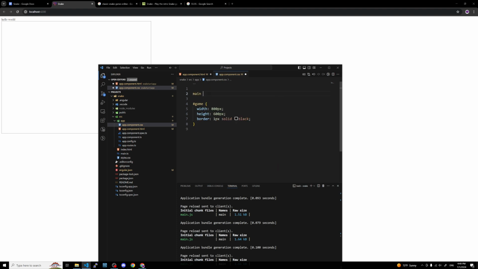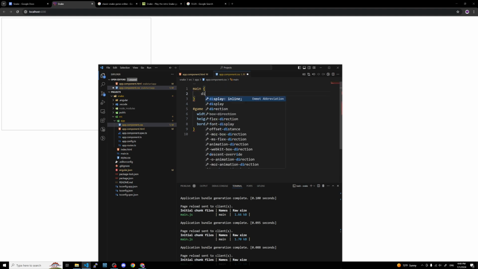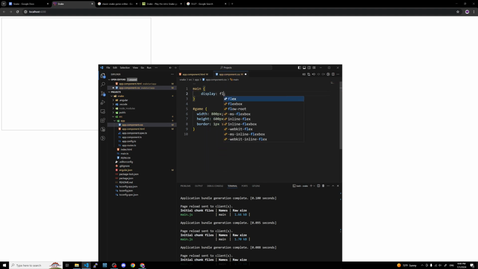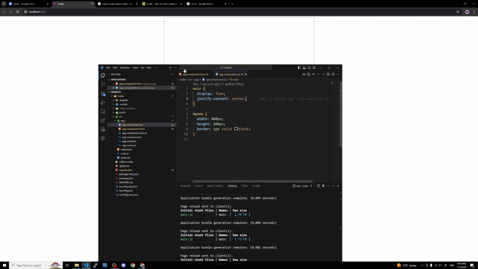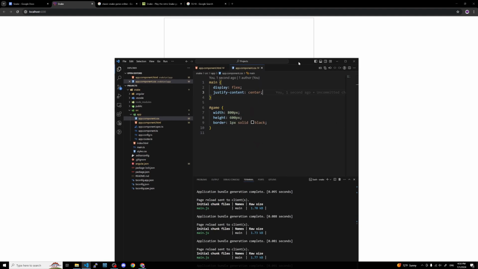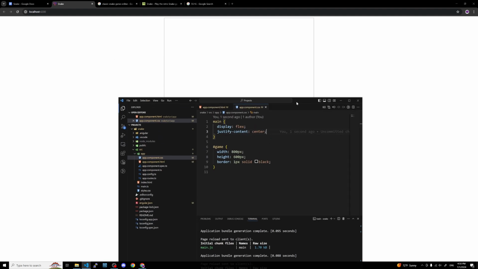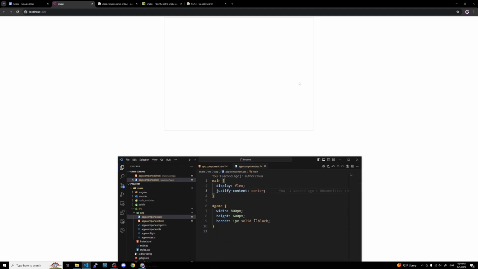And then if you want to do Flexbox in here, gosh, let's see if I can do it from memory. I always Google this stuff. So display flex and then justify content center. Let me see if that works. Okay, yeah, actually it worked. I'm surprised. I always used to Google this stuff. Okay, so this is centered